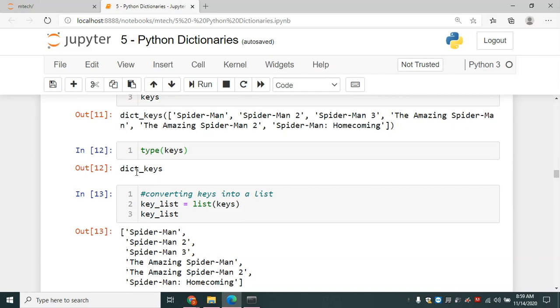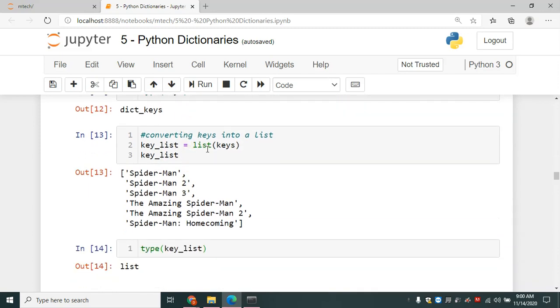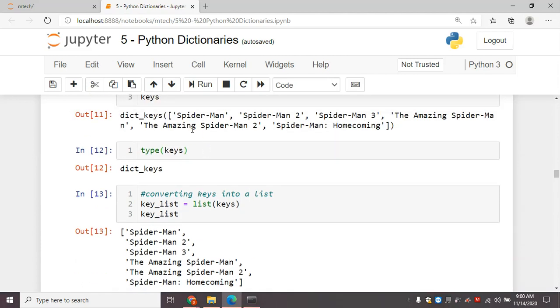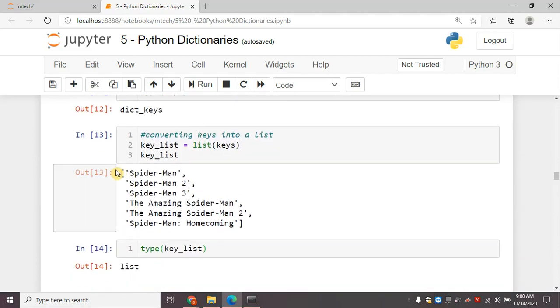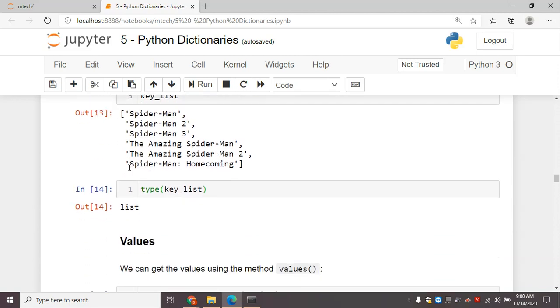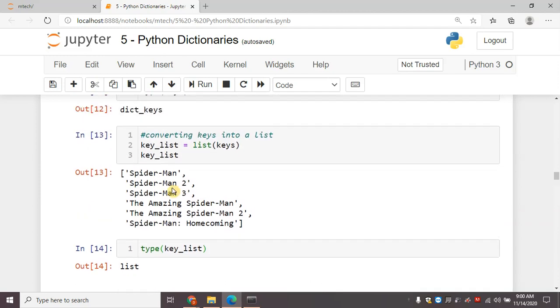So if I want to convert these keys into a list, I can use the list function. So all the movie names now come in a list. I got the keys in a list and assigned it to key underscore list.